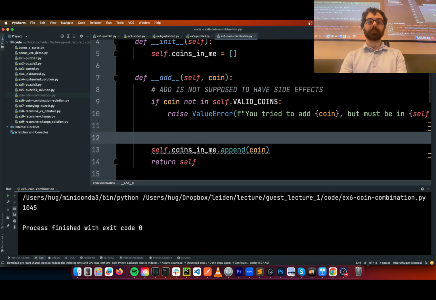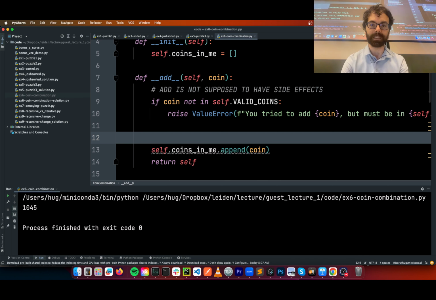Right? So we could do that. That's not what we do because we're using an object. We were doing value, right? So if the value of the combination is bigger than amount, we return. Great. Okay, another example where we're done.